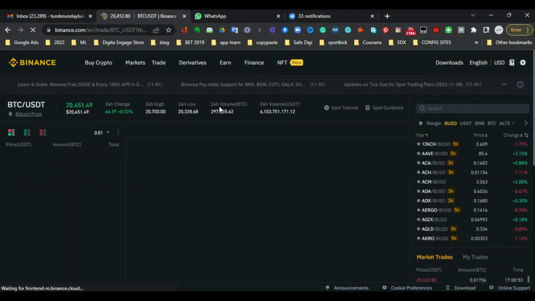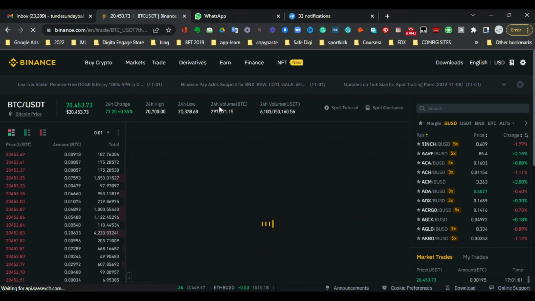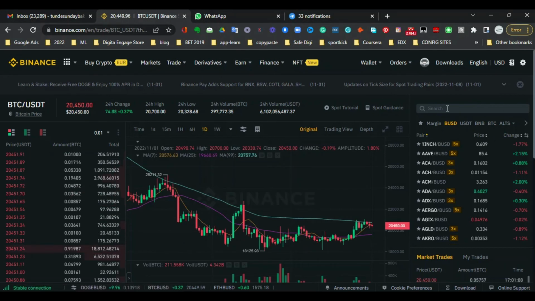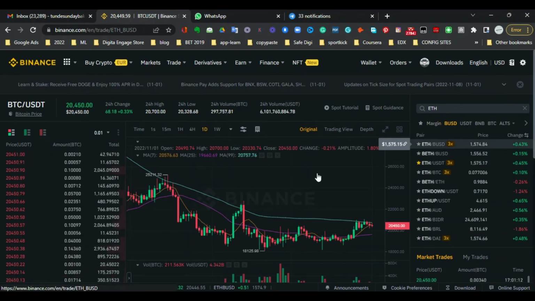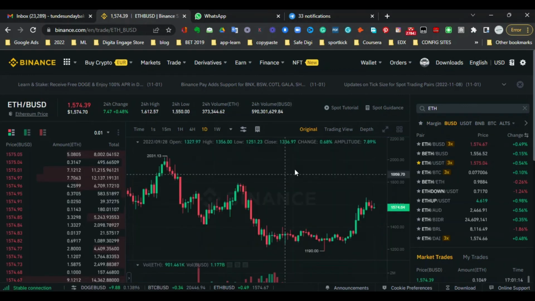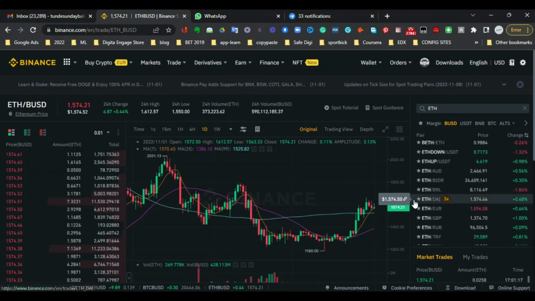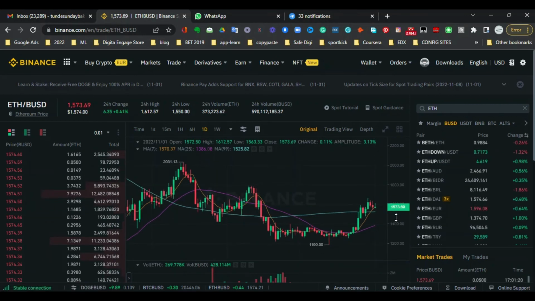So we'll use Ethereum BUSD for this example. Let's go and choose BUSD. So let's just search for it here. Ethereum BUSD. So this is the spot trading terminal. So now we want to talk about how to place